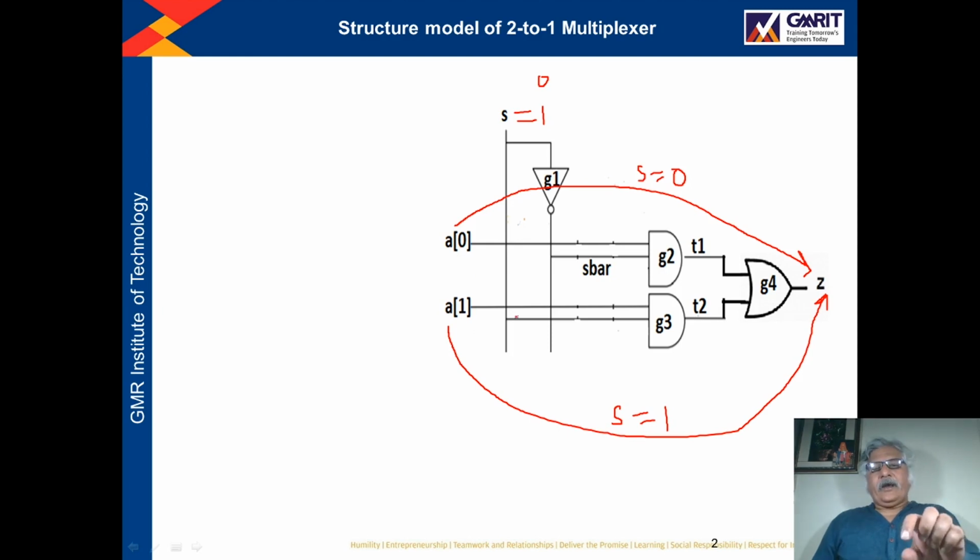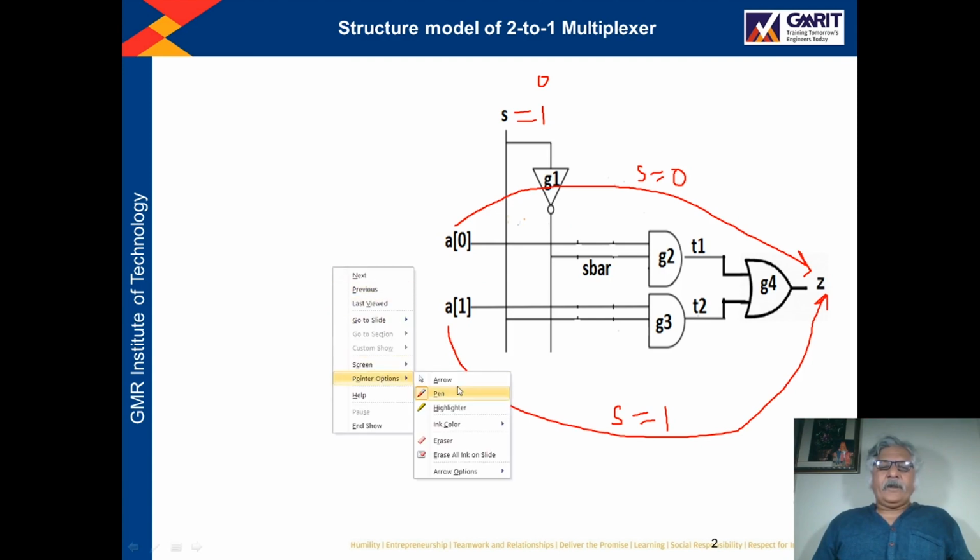It is selecting one out of 2 inputs and it is transmitting that to the output. So that's why it is a 2:1 multiplexer. So this code we have to write.